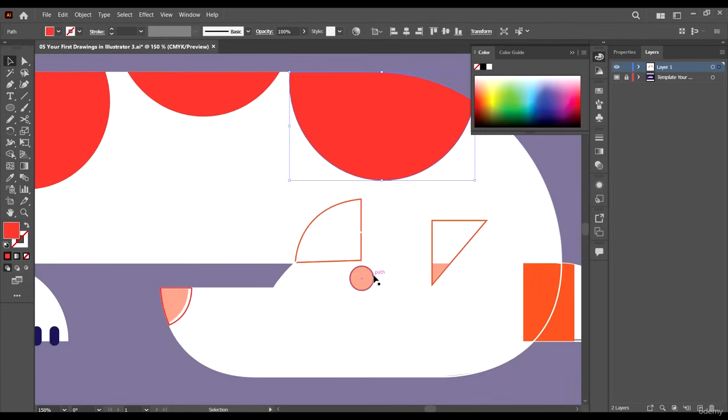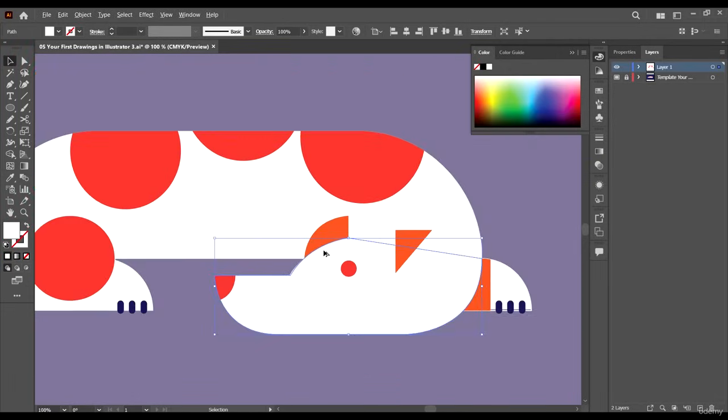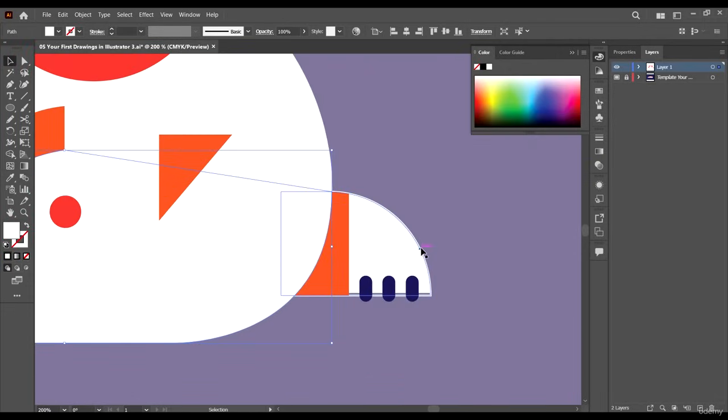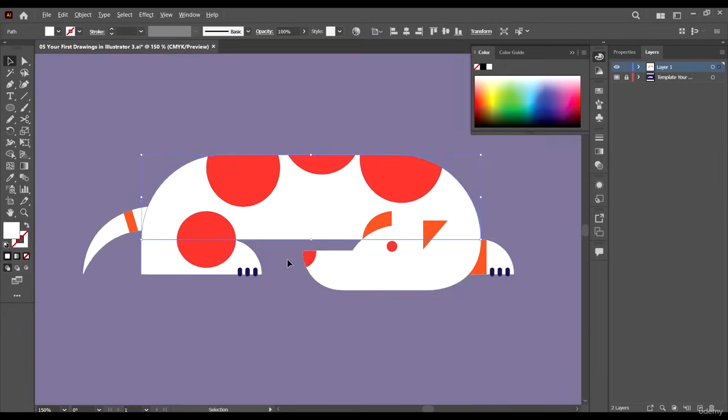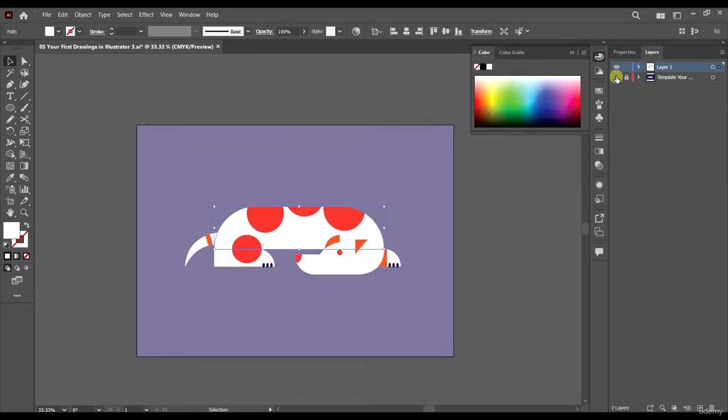Remember, you can use the shortcut which is Shift X. Shift X, Shift X, Shift X, and Shift X. And for this one, finally, we do Shift X. Okay, and here we have our design.